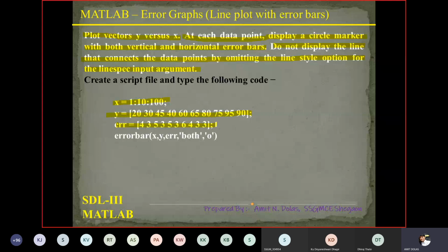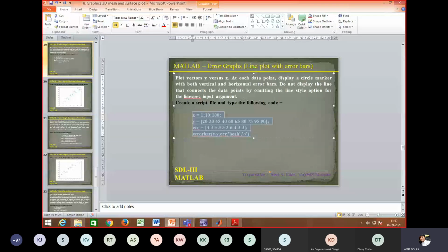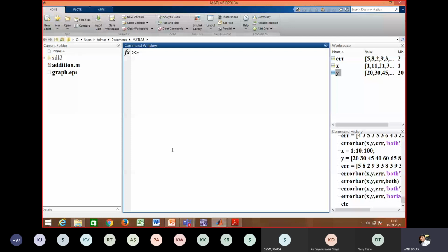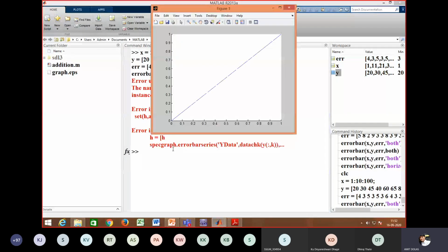Error is mentioned somewhere, and here the error bar is x, y, error both, and we wanted to mark a circle at that error graph. So we'll see whether it works or not. No, it is also not working.